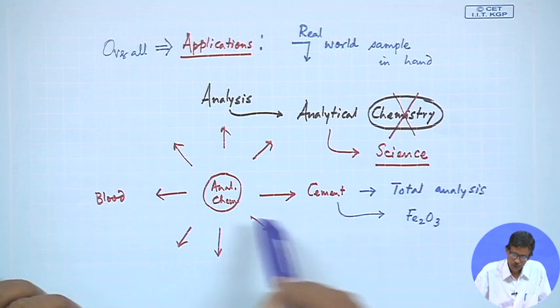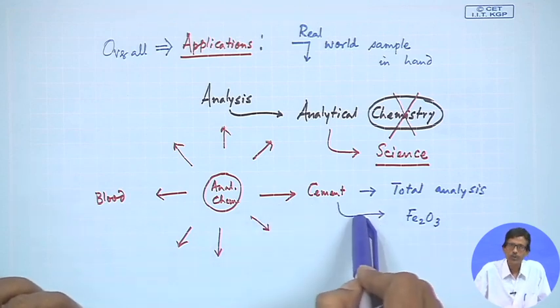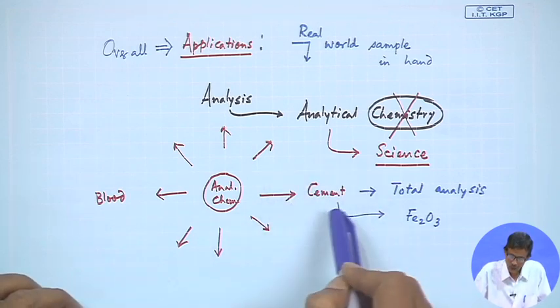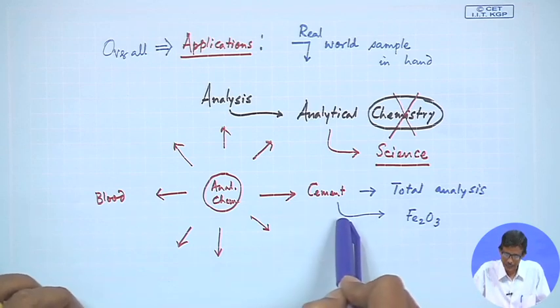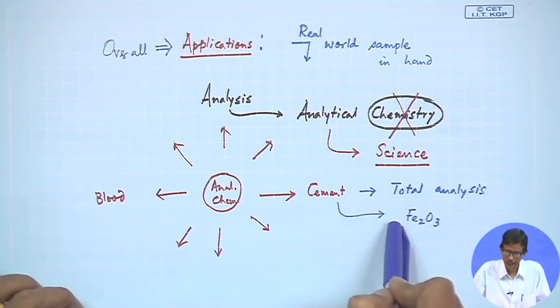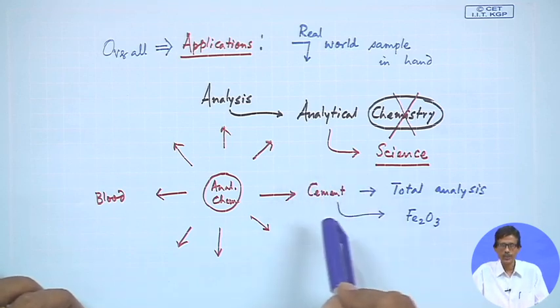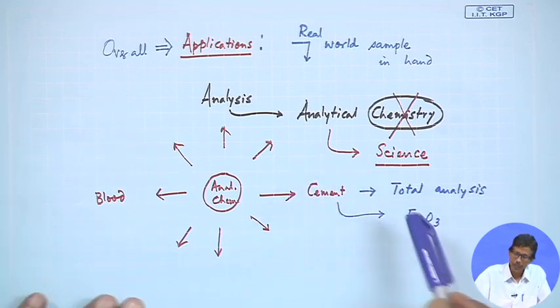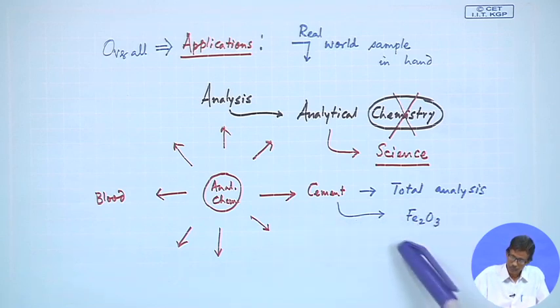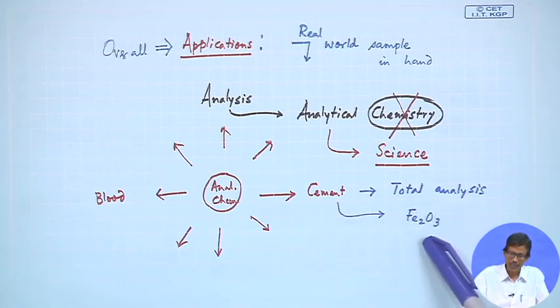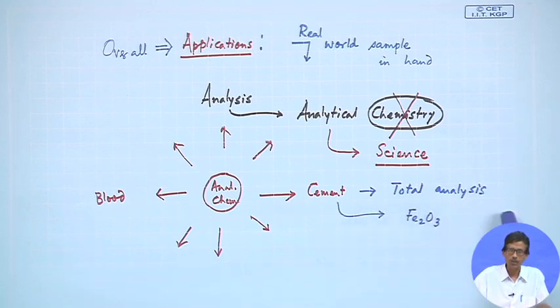So, even if you do not know the area where you are, this cement, the chemists are handling, the civil engineers are handling, the architects are handling, and people in the industry who are making this are also handling this cement. So, they should know the purity of this material and whether you have the permissible amount of Fe2O3 in it, and sometimes we can go for the total analysis for all these things.